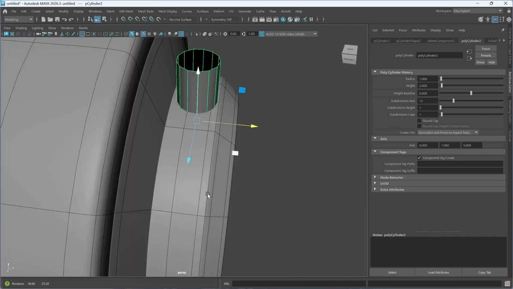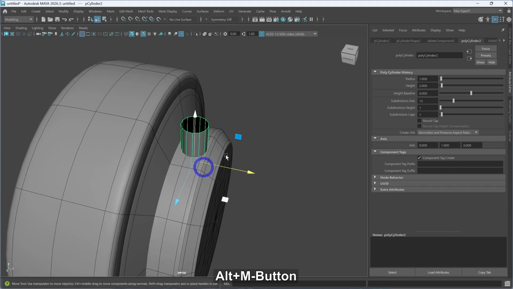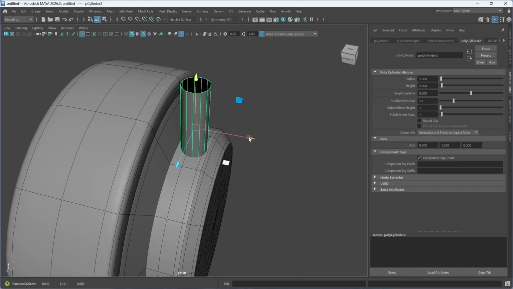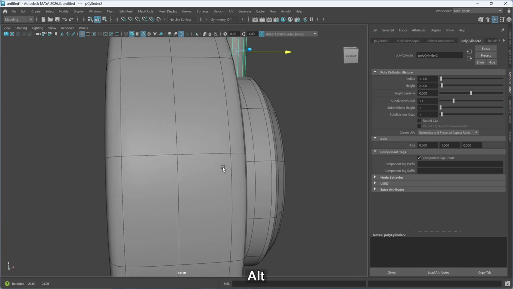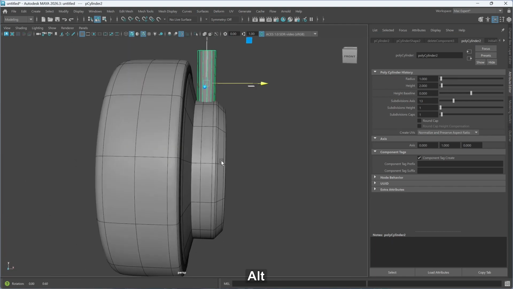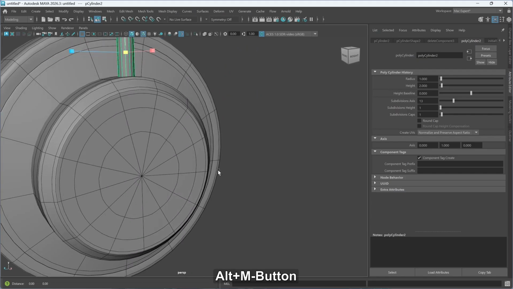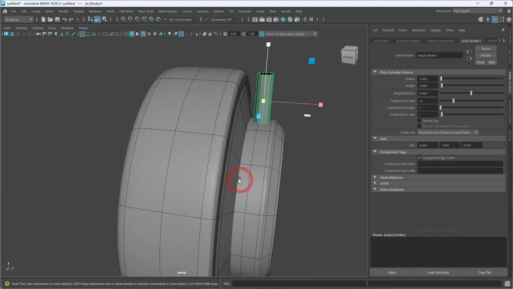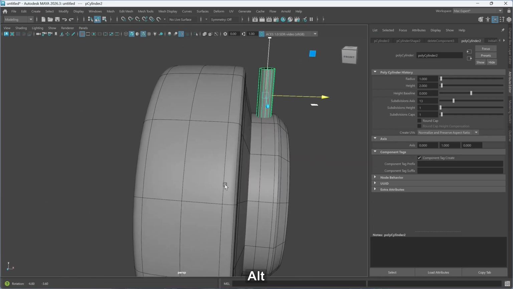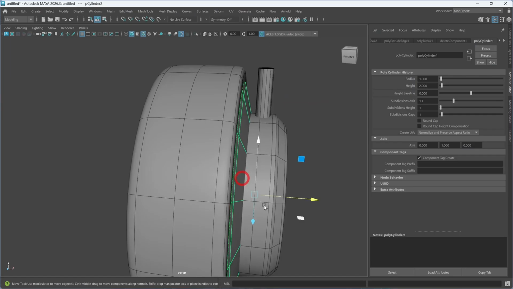Yeah, this is still big. We're just going to bring it up. So we're going to hit R and scale these down. Yeah, that works. Hit W, and I think